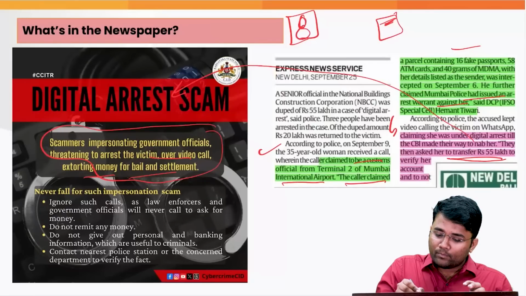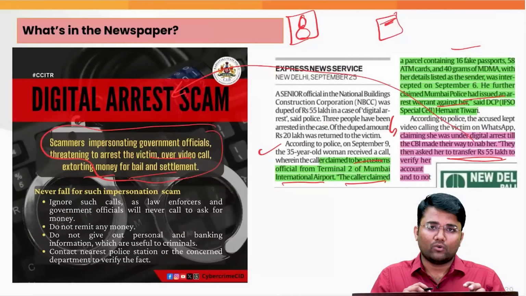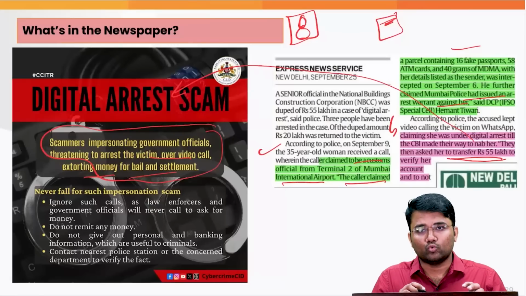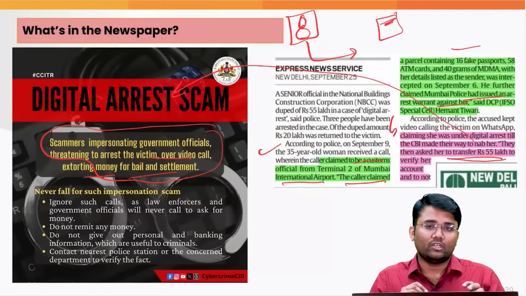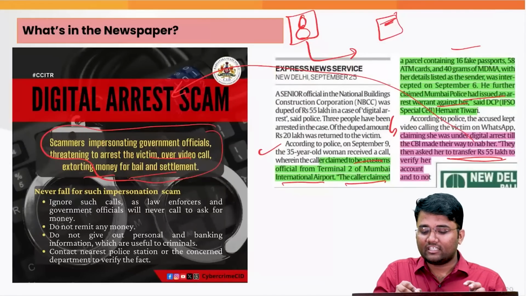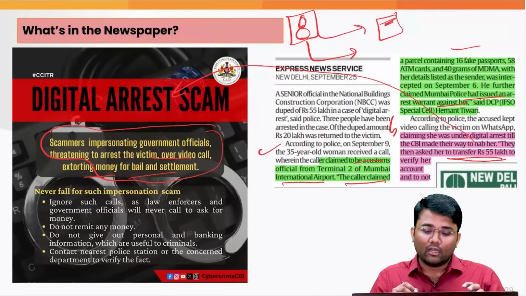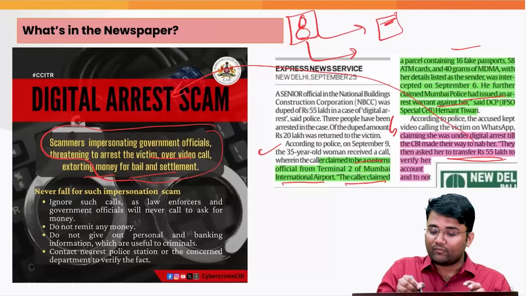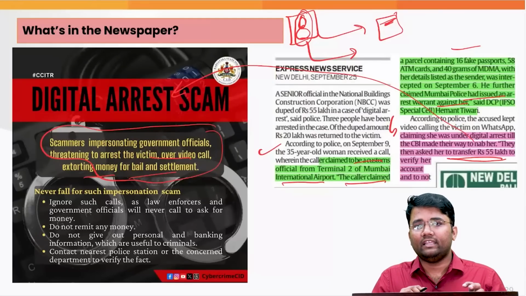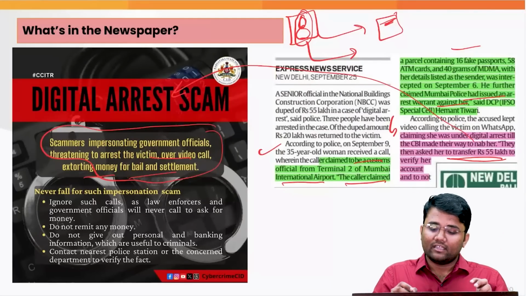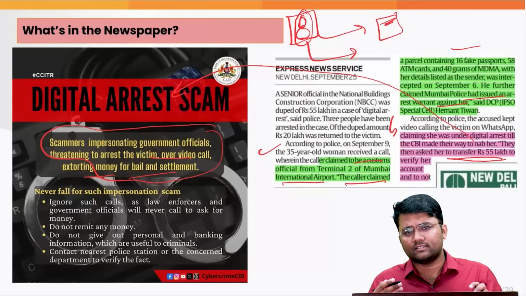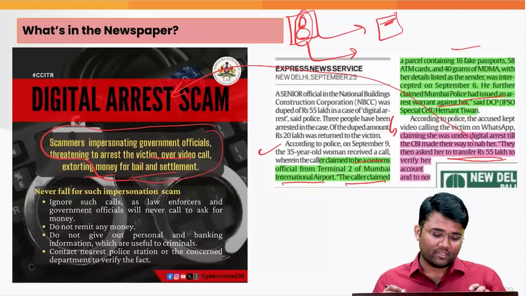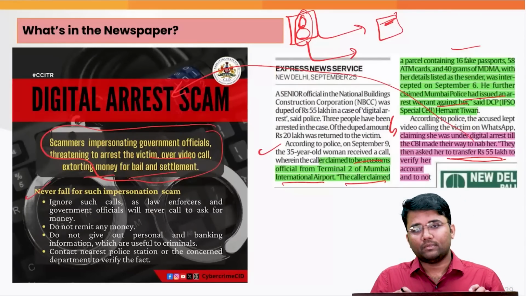Now the person who has called you through video call or audio call will further say that you are going to be arrested soon. So you are digitally arrested, and if you do not want to get prosecuted or arrested by the police, please transfer this amount to this particular account. What these scammers are doing is, first, using the profile or name of a government official. Again, they have used your data also. So this is one new method through which cyber attacks and digital scams are happening. And you should never fall for such impersonation scams if you are getting any junk call.